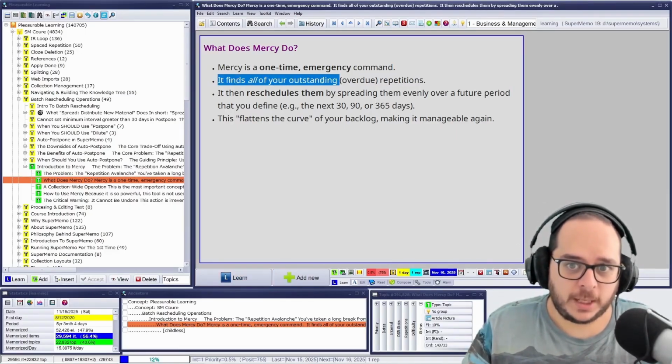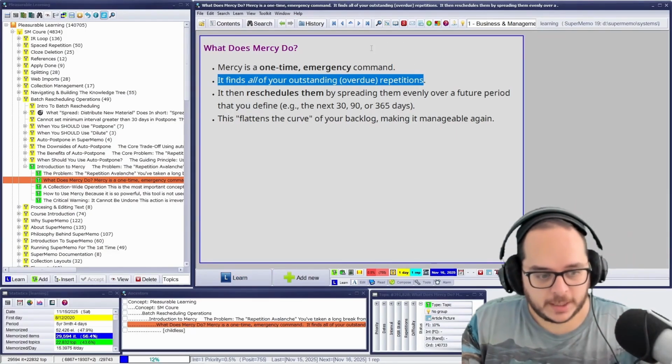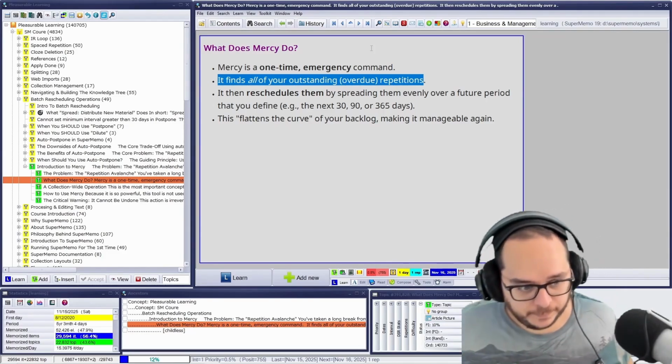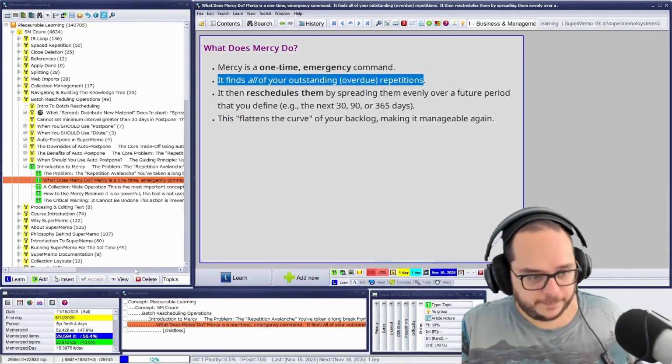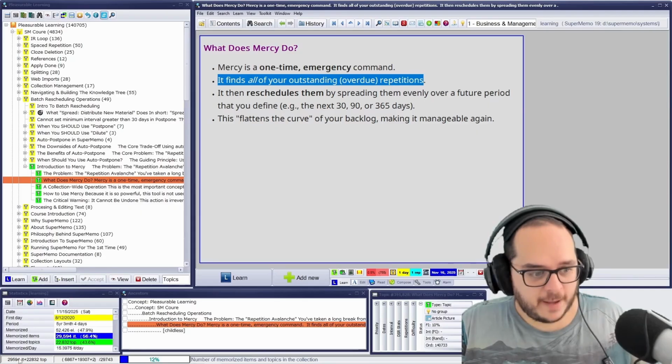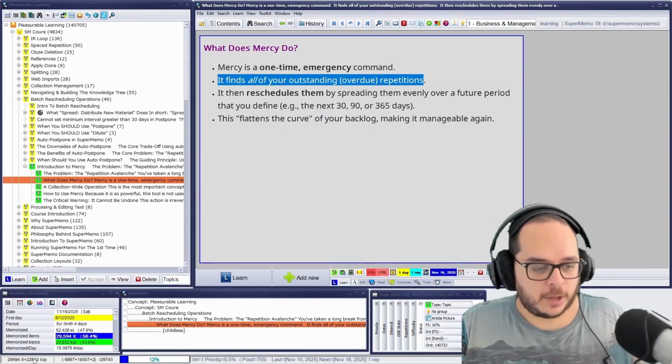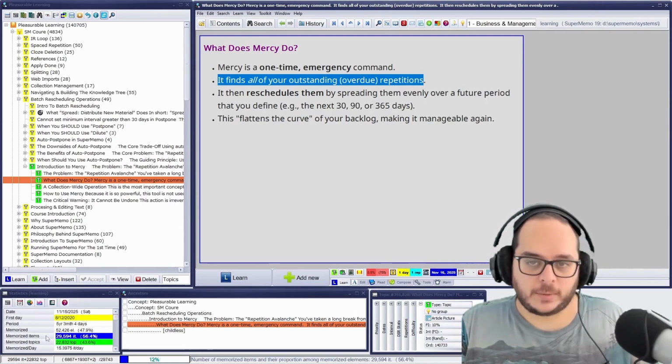When all of the outstanding overdue repetitions pile up, look at this example. Look at my collection. Look at the status bar. We have 29,000 and some items. Look at the topics. I have 22,000 topics, of which 19,000 are outstanding.